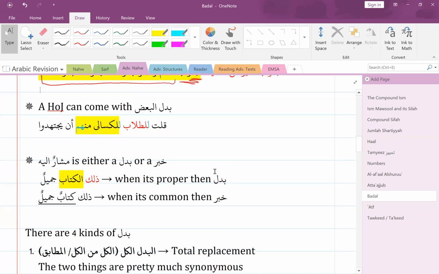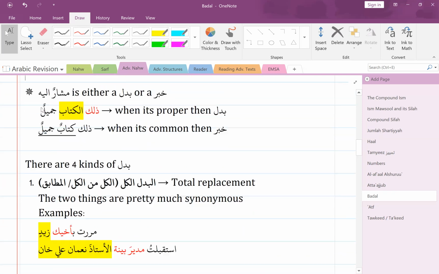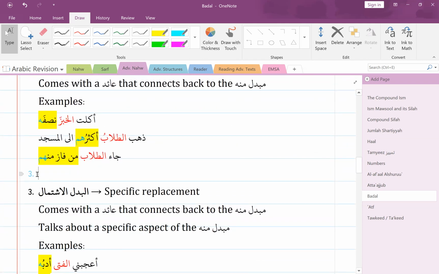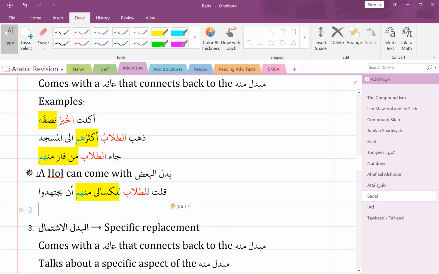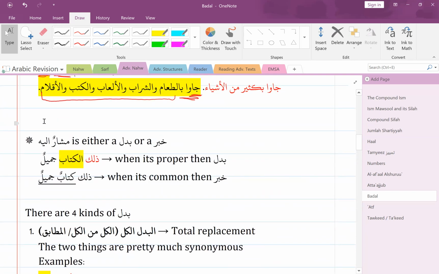Inshallah. Then you have this thing that can happen where you can have a harf of jar coming with a badal al-ba'd. We will talk about what a badal al-ba'd is shortly, but just for your information here, actually I should have moved this point. Let me just rearrange these notes a little bit, because I think that shouldn't be there. It should have been here. There. That's better. So we'll come to that point when we come to that point.